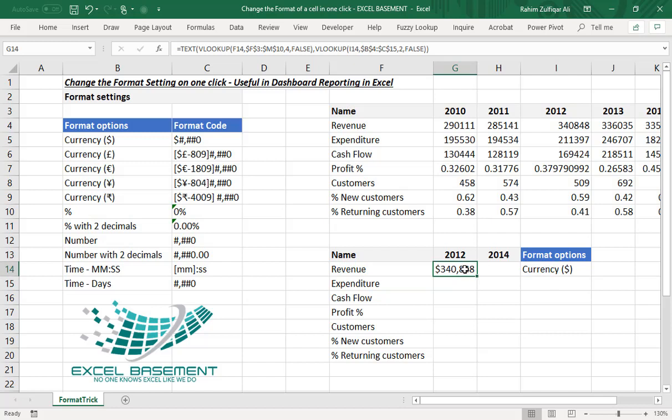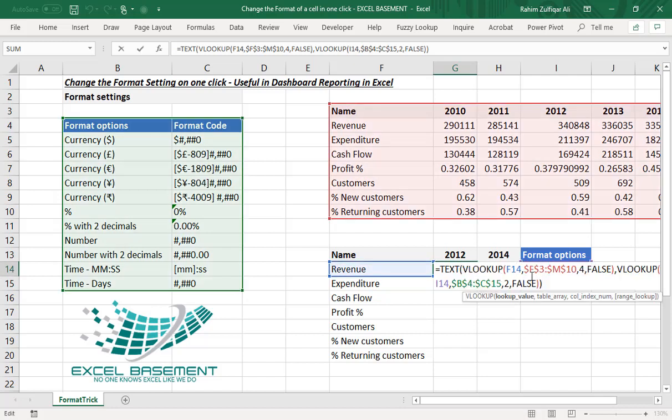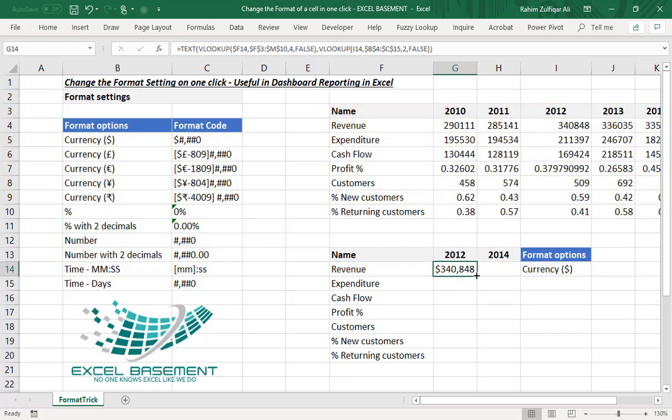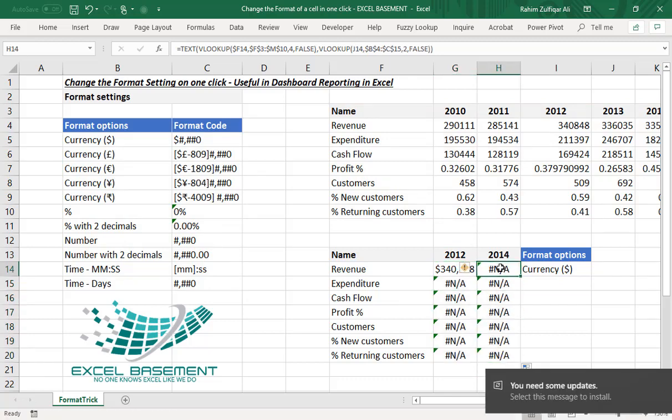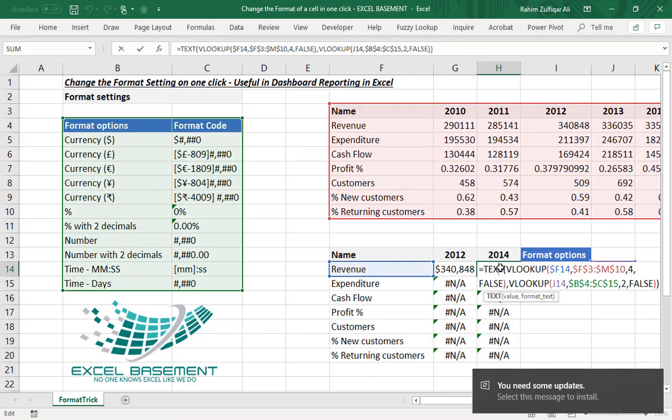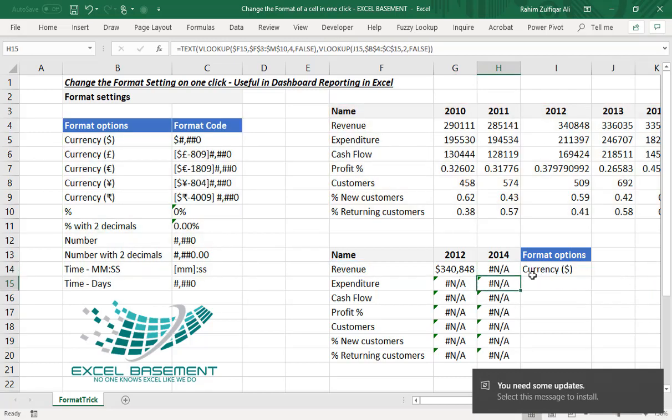So now you can see that I will just make it mixed referencing so that I can use it for further reference. Alright, so I will just drag this to 2013 as well, and 2014 is in the sixth column.